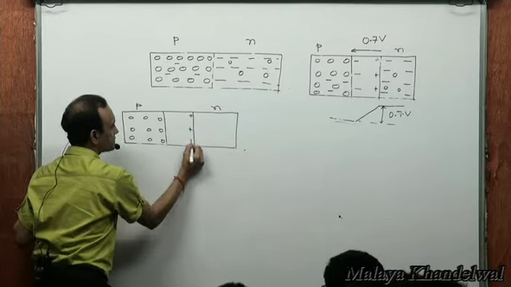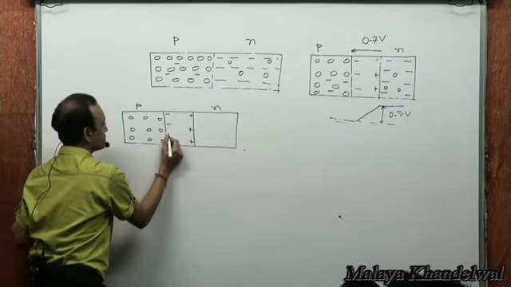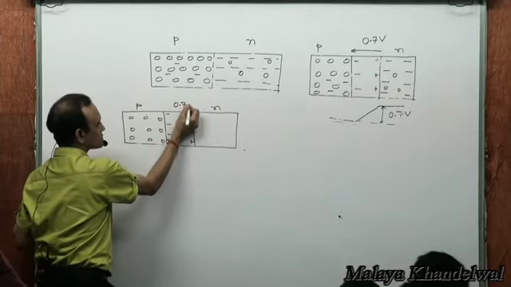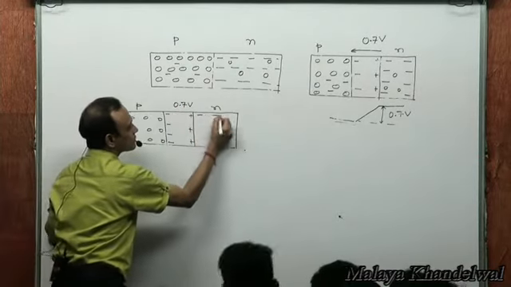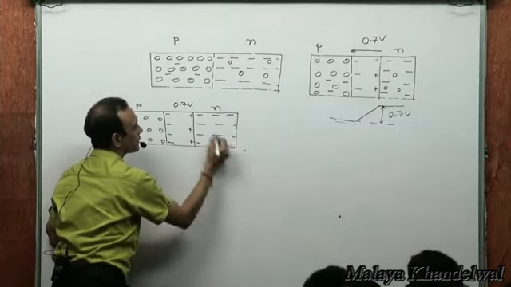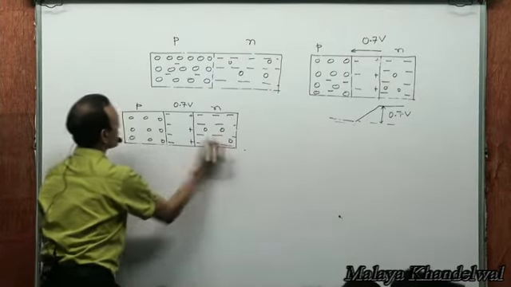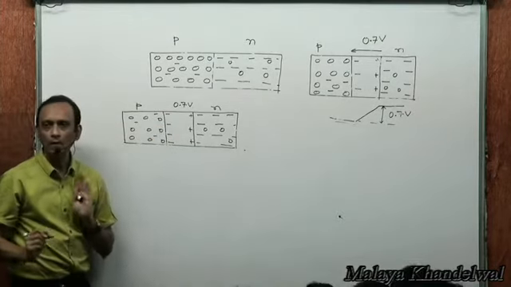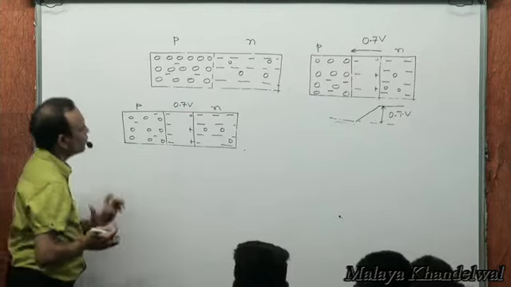There was this depletion region which produced a hurdle or an obstacle, 0.7 volts. And then, there are these minority charge carriers. There are minority charge carriers here, right? And now,